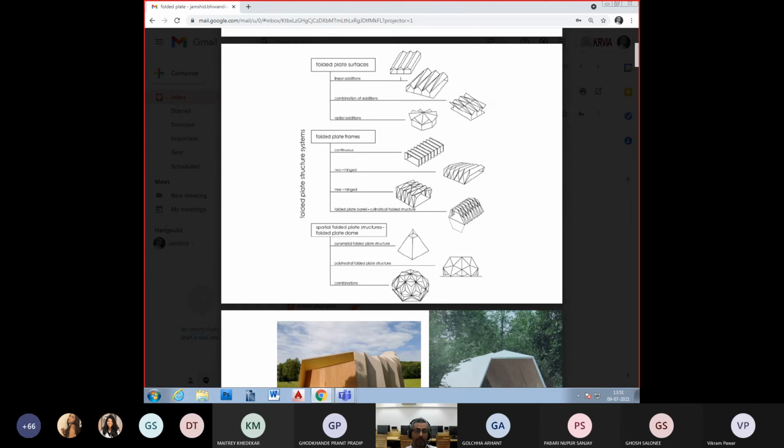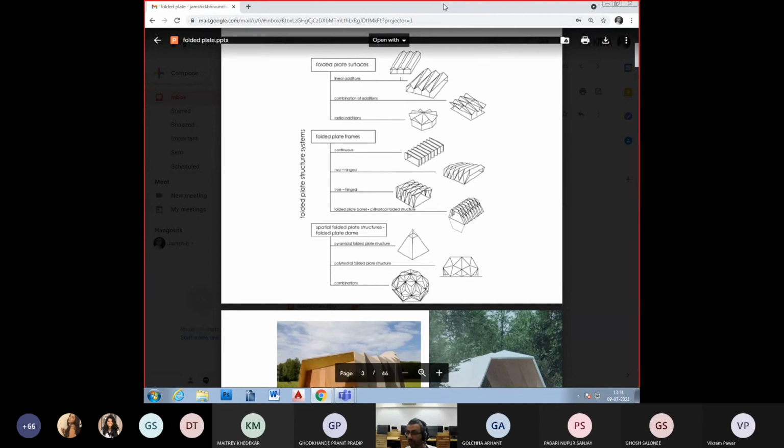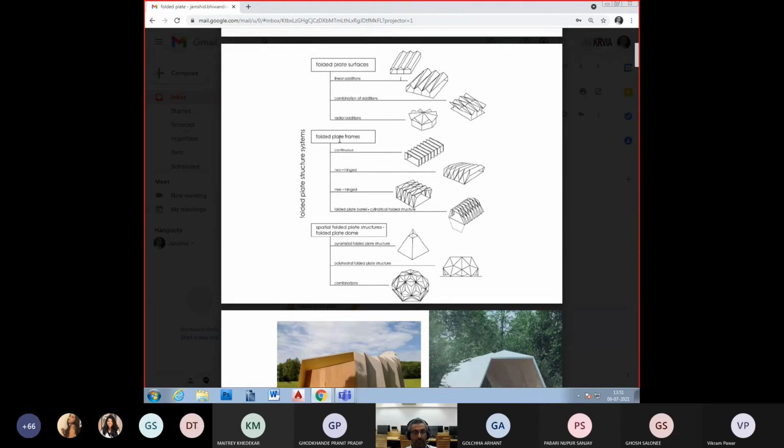And this is where perhaps the idea of the two-pinned hinge, the three-pinned hinge, or the idea of the portal also comes along with that of the folded plate. Last time someone did ask a very relevant question about that, and we are covering that example today of Tagore Hall, of how the folded plate and the portal work together. That's what you see in this particular category, where the folded plates work as a frame.